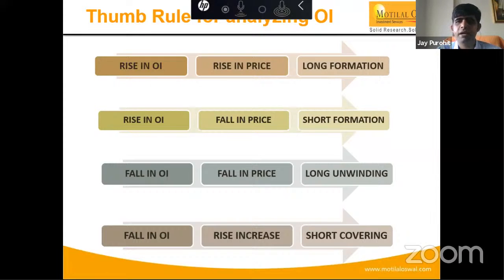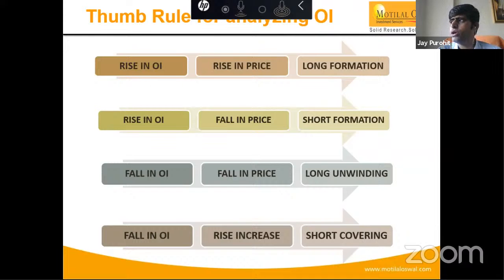I am not looking at the individual series data, but rather the combined data. Right now, since it's the January series, I focus on the combined data of futures. That would be the open interest of January, February, and March. So all three months I combine, and then I look whether the open interest is increasing or decreasing, because